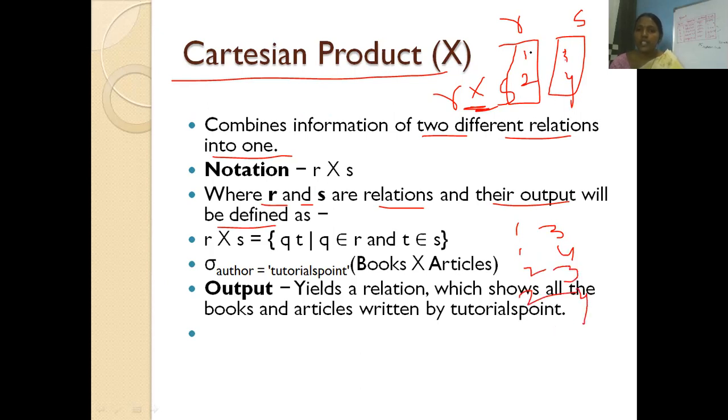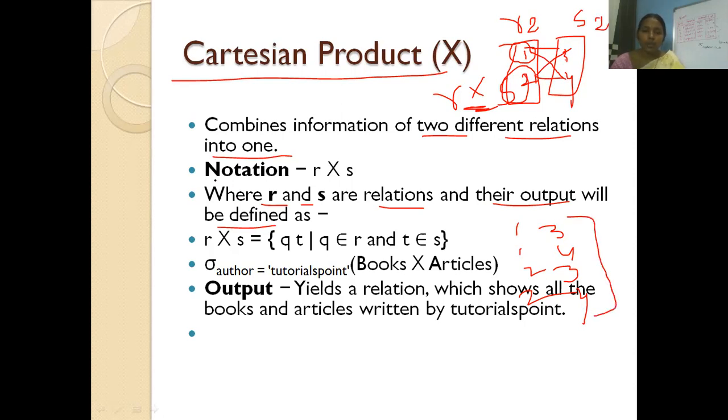That means each and every row of the first table should be multiplied with each and every row of the second table. First row is multiplied with all the rows of the second table. Then second row is multiplied with all the rows of the second table. In this way, that many Cartesian products will be there. So in our R table we have two rows, in our S table we have two rows. So 2 into 2, 4 values we are getting in the output.